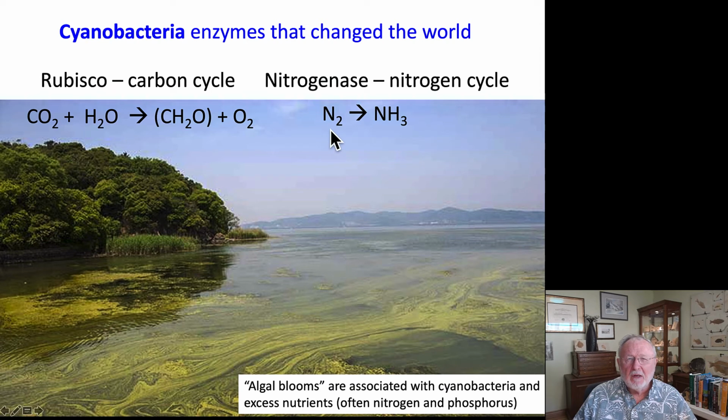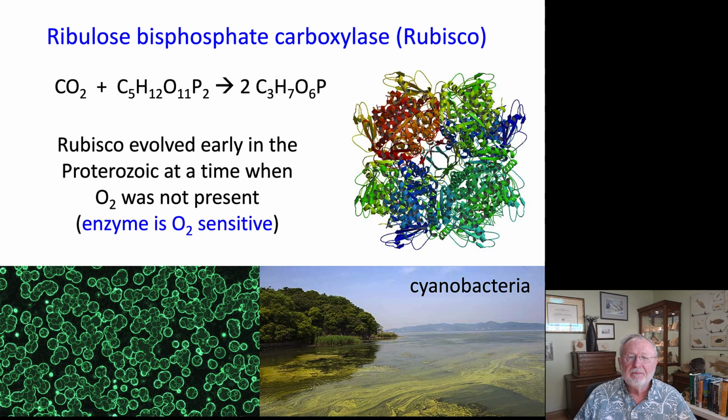But you might not realize there was also a second fundamental reaction that takes place, and that's in the nitrogen cycle. Cyanobacteria developed the capacity to take diatomic nitrogen, add energy from photosynthesis, and create ammonia. So essentially they are their own nitrogen factory. And these two fundamental reactions dominate the carbon and nitrogen cycles.